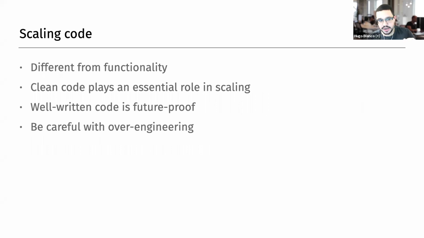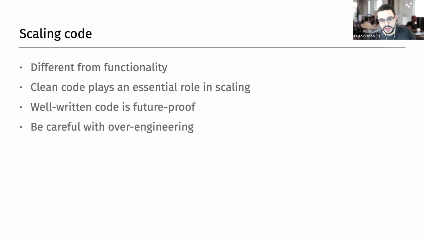And we have code scalability. That is a bit different from feature scalability, because the idea here is to have a larger yet effective code base. Scaling code is not just writing code that can be understood by machines. You have to write code to be readable for humans as well. Because after all, we write code for humans, right? So clean architecture plays an essential role in scaling.